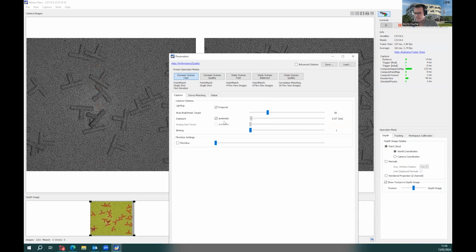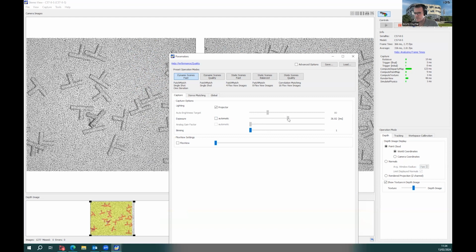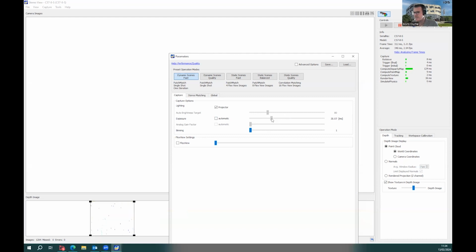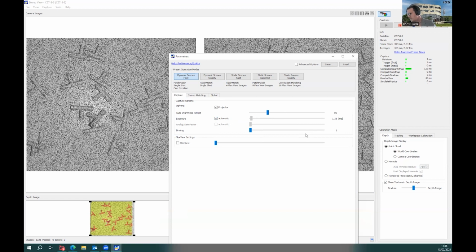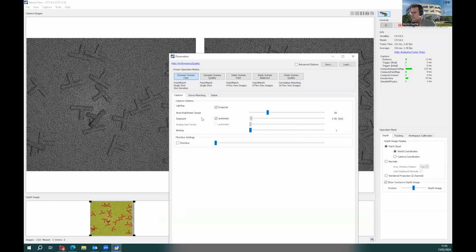By default, the exposure time is set automatically, but you can disable that and play with the exposure time to try to have left and right images with enough contrast for the matching algorithm to operate. If your exposure time is too long, it will have an impact on the maximum frame rate that you can achieve. Usually we leave this automatic, but it depends. In some applications, you may want to set it fixed.